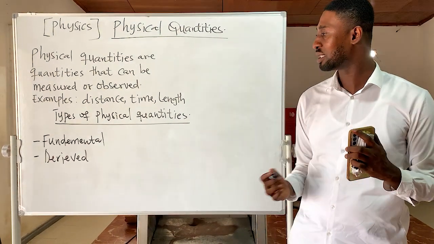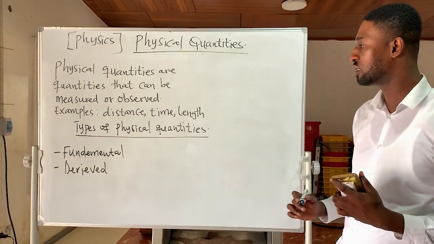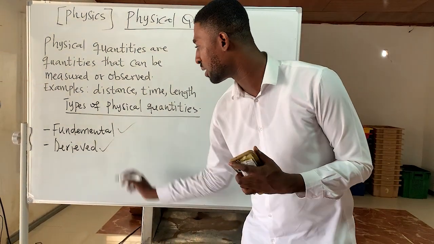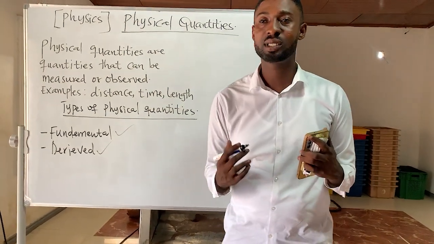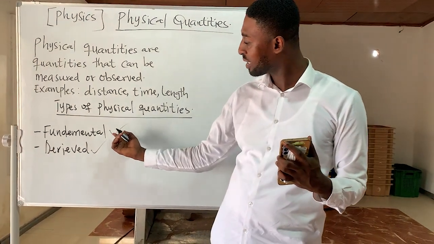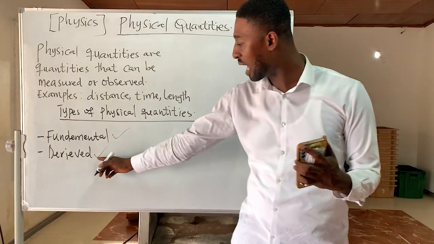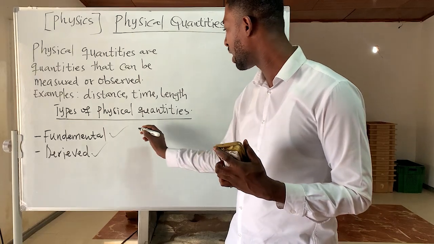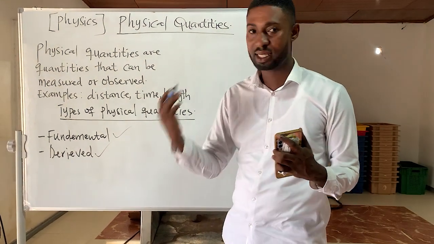So let's look at the types of physical quantities. There are two types of physical quantity. One is fundamental quantity and the other one is derived quantity. When we talk of fundamental quantities, they are quantities which are independent of any other quantities. These are the quantities from which all other derived quantities are obtained. We have about 7 fundamental quantities,